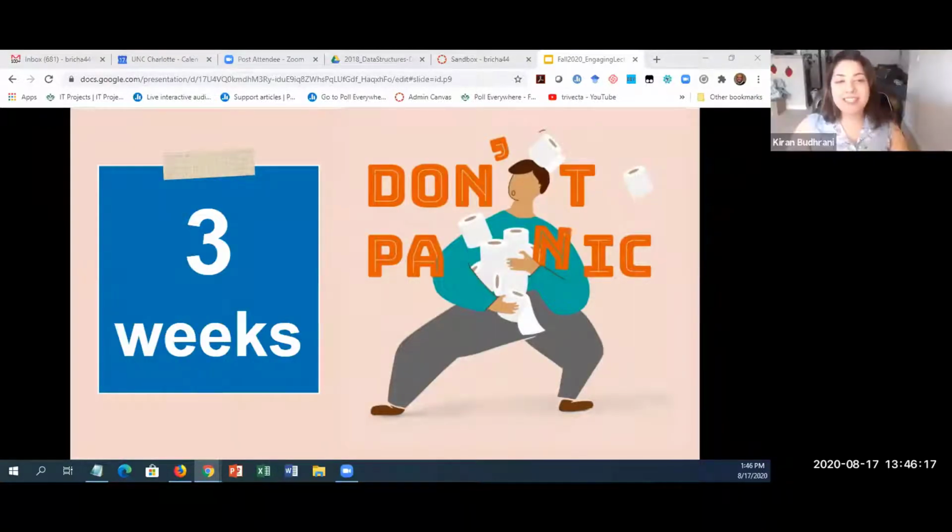We have 3 weeks, and as you approach the semester where there's a lot of uncertainty, and you're not sure how things might run the first week, how things might run the second week because of a different modality you might be using. Today you might be using hybrid, you might be using a blend of hybrid and online and synchronous and asynchronous. And so this workshop hopefully will help you plan how to deliver that lecture.